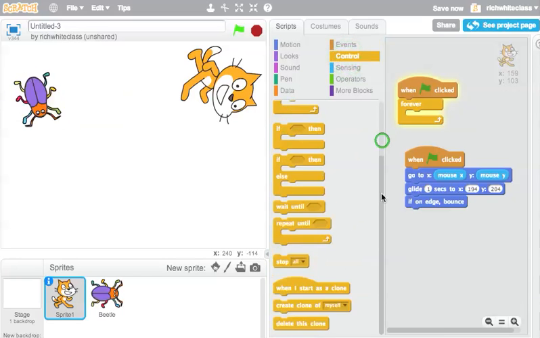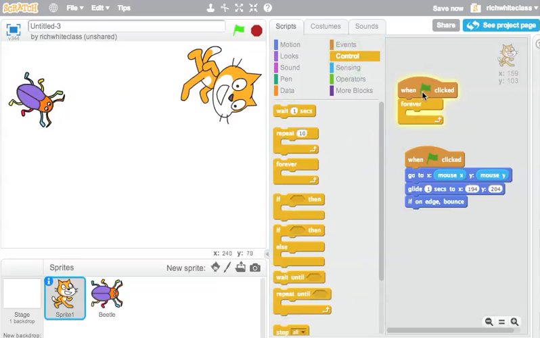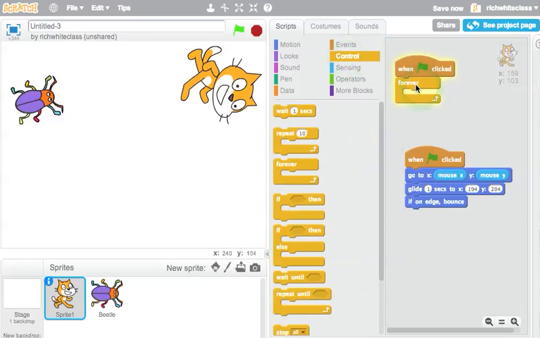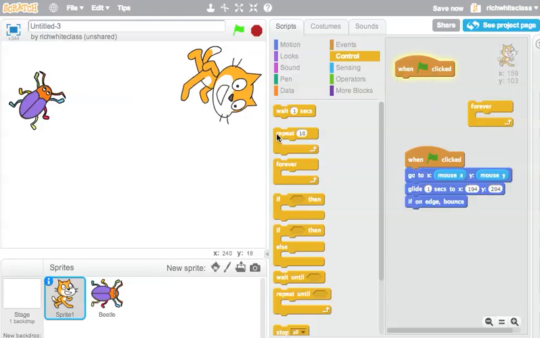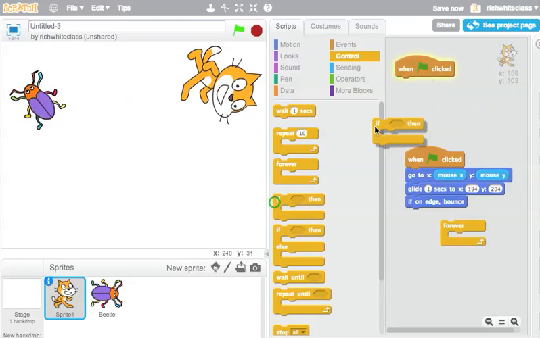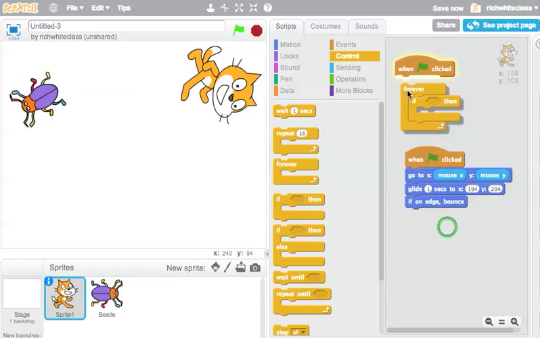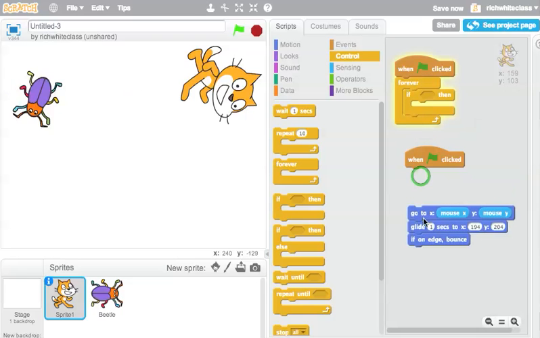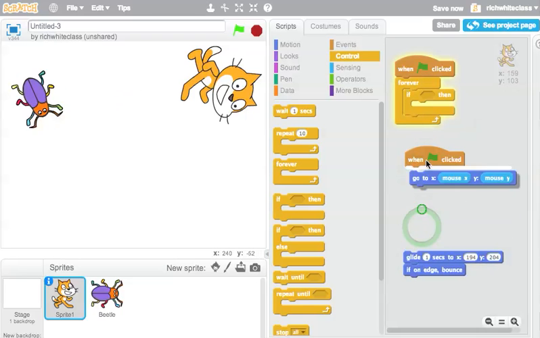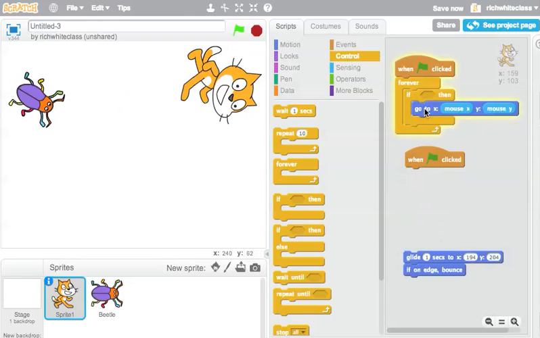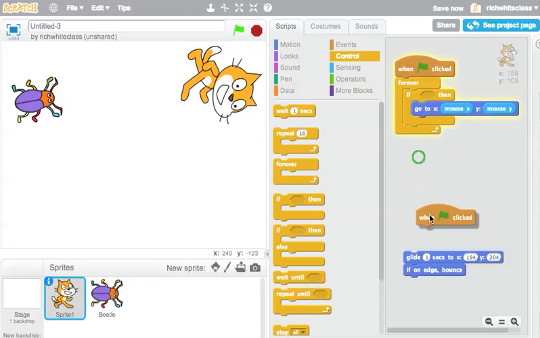There's controls, and so the controls we talked about forever. There's also repeat. So say you want to do something only a number of times and not forever. There's also this if. Notice how this if is kind of got that diamond shape in it. So we can say go to mouse XY pointer. So we can say go to the mouse, but let's look for